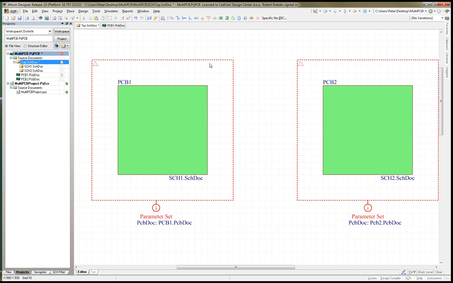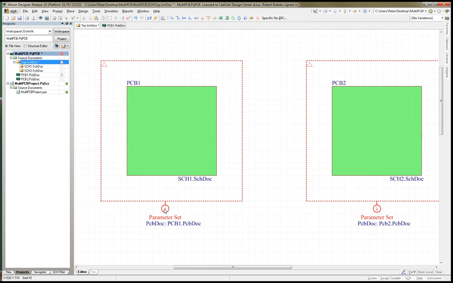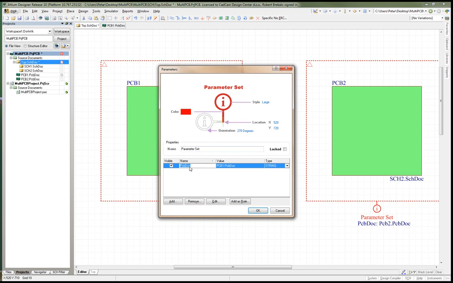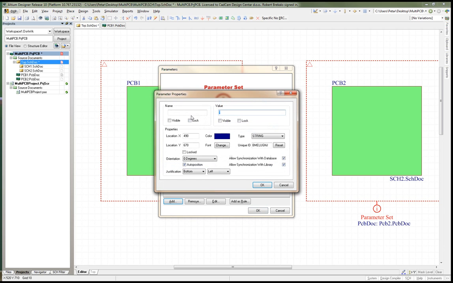Another note to say, for instance, in the parameter set that is connected to a blanket, you need to have the name PCB doc and the value the name of the PCB document. In both cases you can use upper or lower case. It doesn't matter which case it is. Another thing, in the value you don't have to have the extension, so if you want to place it like this it will still work. Also, if you want to point this circuit over here to be on both documents,